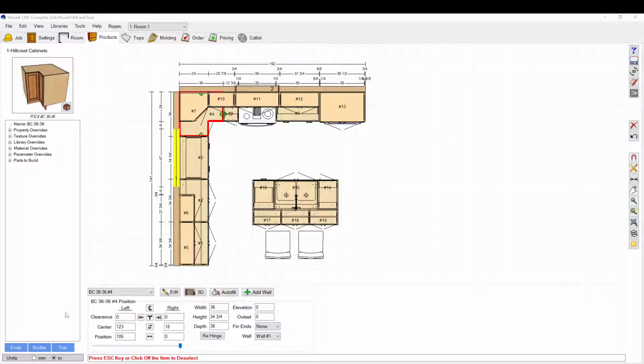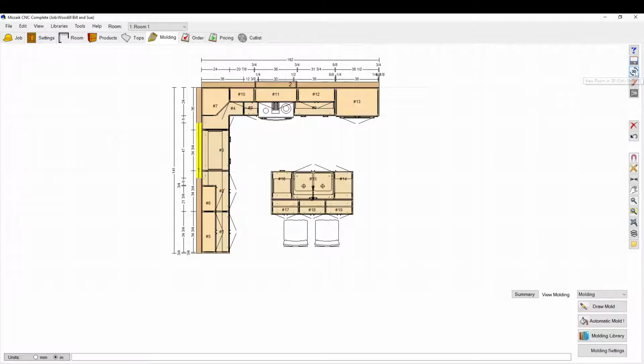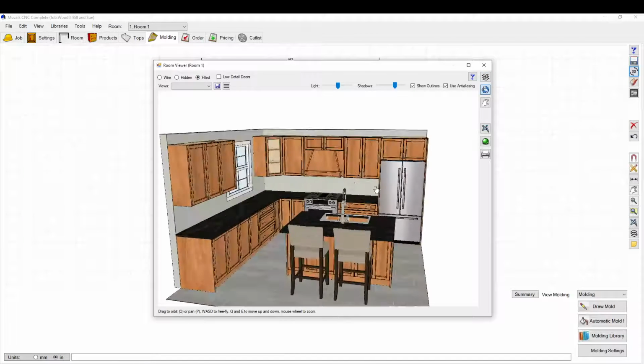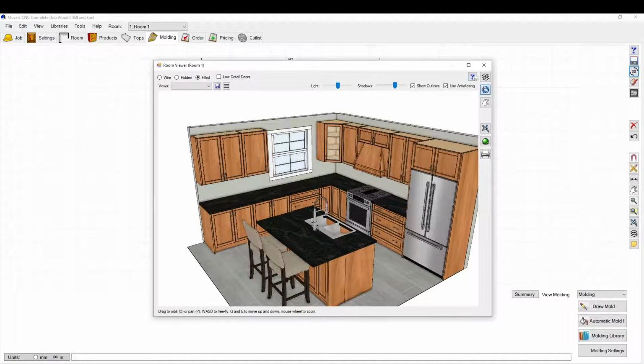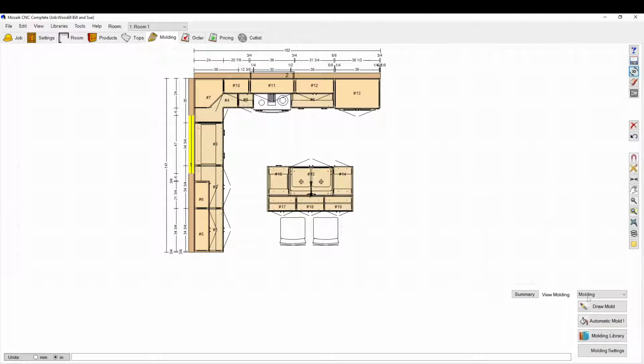Hey, today we're going to talk about the molding tab. So I have just a simple little kitchen here drawn up. Nothing spectacular. The molding tab helps you add moldings so you can add toe kicks, you can add, let's just open this